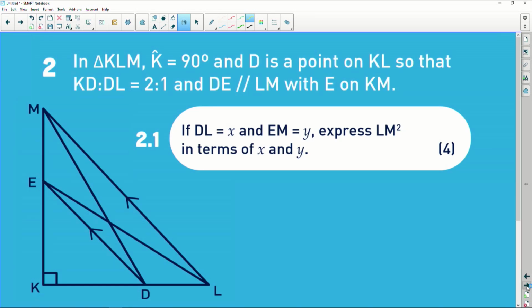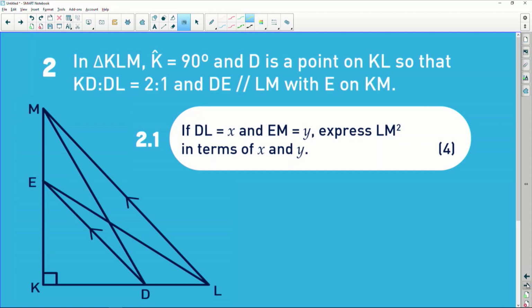We are given a very nice diagram there, which is triangle KLM, and we are required to do a couple of things on it. When you are dealing with geometry questions, it's very important for you to always consider the information that is given to you. Examiners give you that information for a reason. So you must take it and translate the information appearing there into the diagram. You'll find that more often than not, once you have a lot of information appearing on the sketch, it becomes easier for you to navigate your way around that particular question.